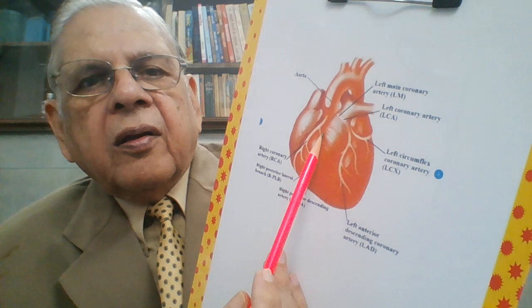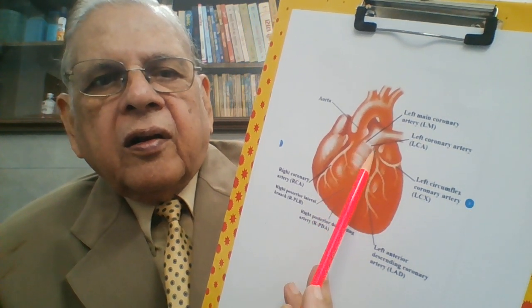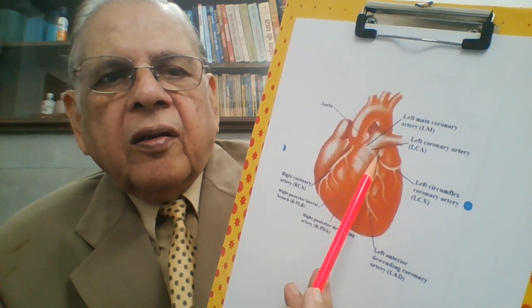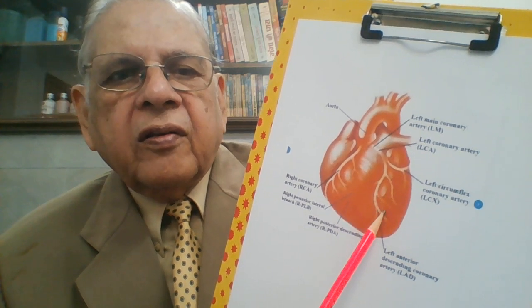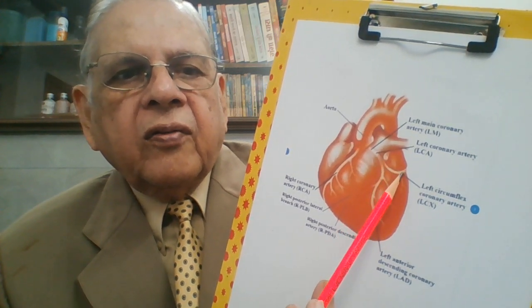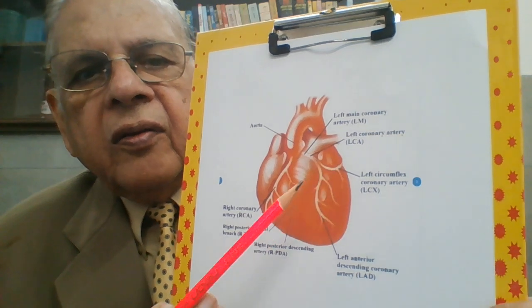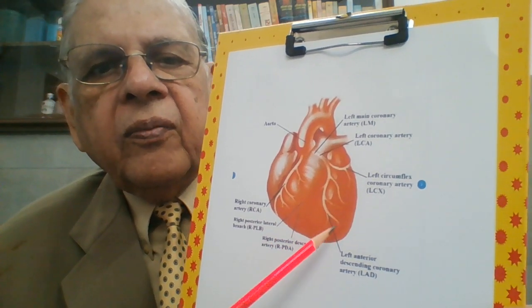This artery is the right coronary artery, and this artery which is coming behind the pulmonary artery, this is the left main coronary artery, dividing into this, left anterior descending, and this, the left circumflex artery. Again see, this is left circumflex, this is left anterior descending artery, okay? And these give off branches.